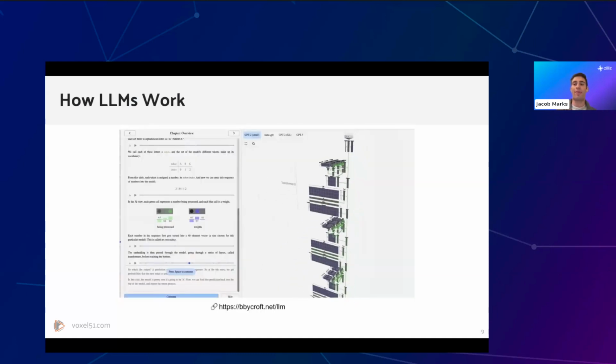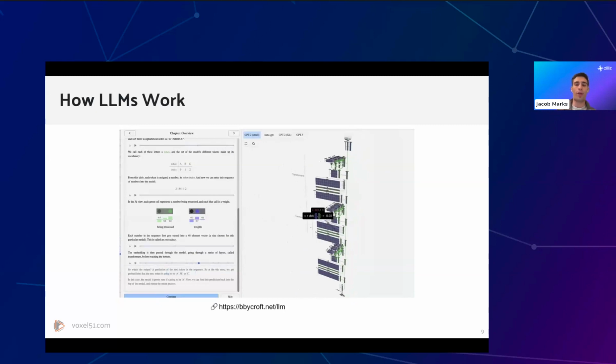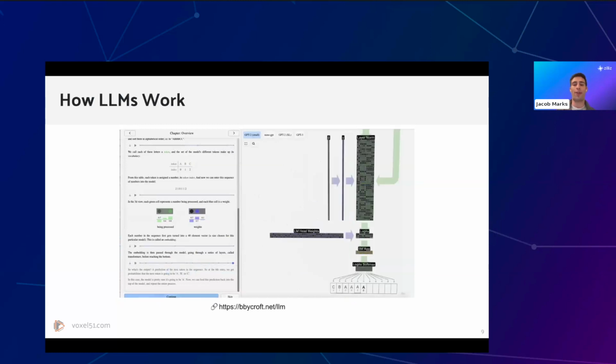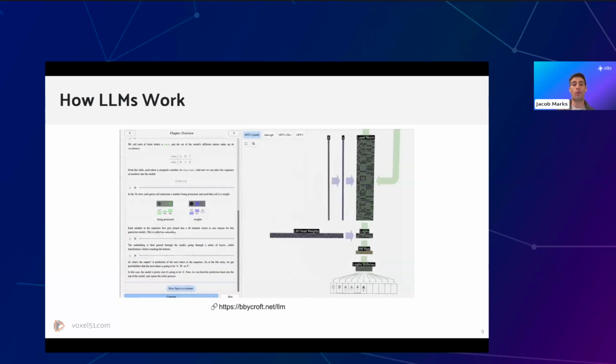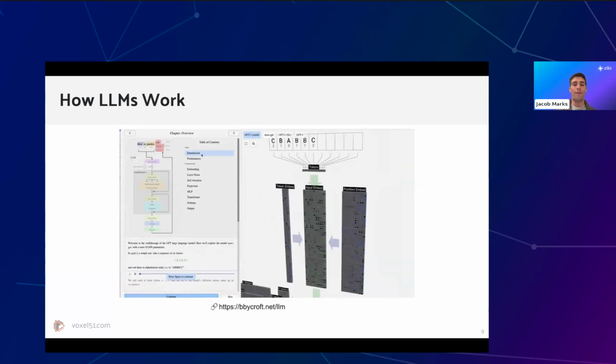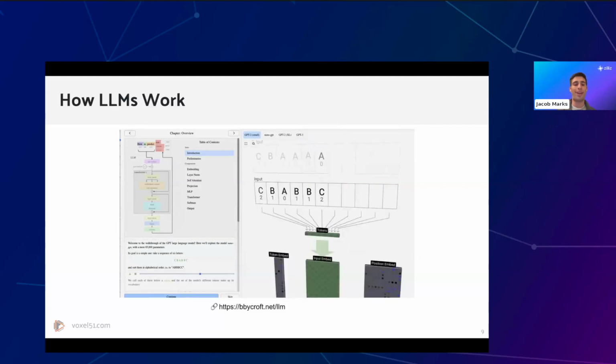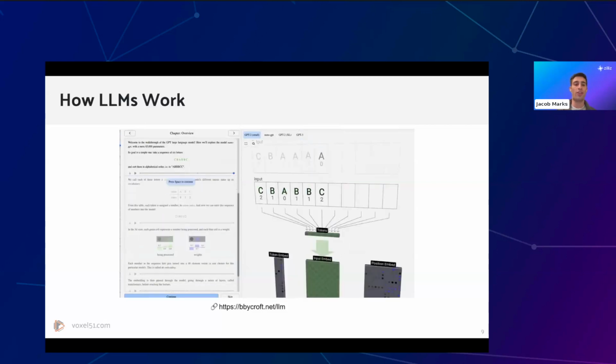Now, it's been proliferating because these things are so useful, and we're going to talk about some of those uses. But before we do that, I think it's important to take a second to reflect on how these language models actually work. So if you have a chance, I would encourage you to, on your own time, go to this website that I have linked here and check out the visualizations.